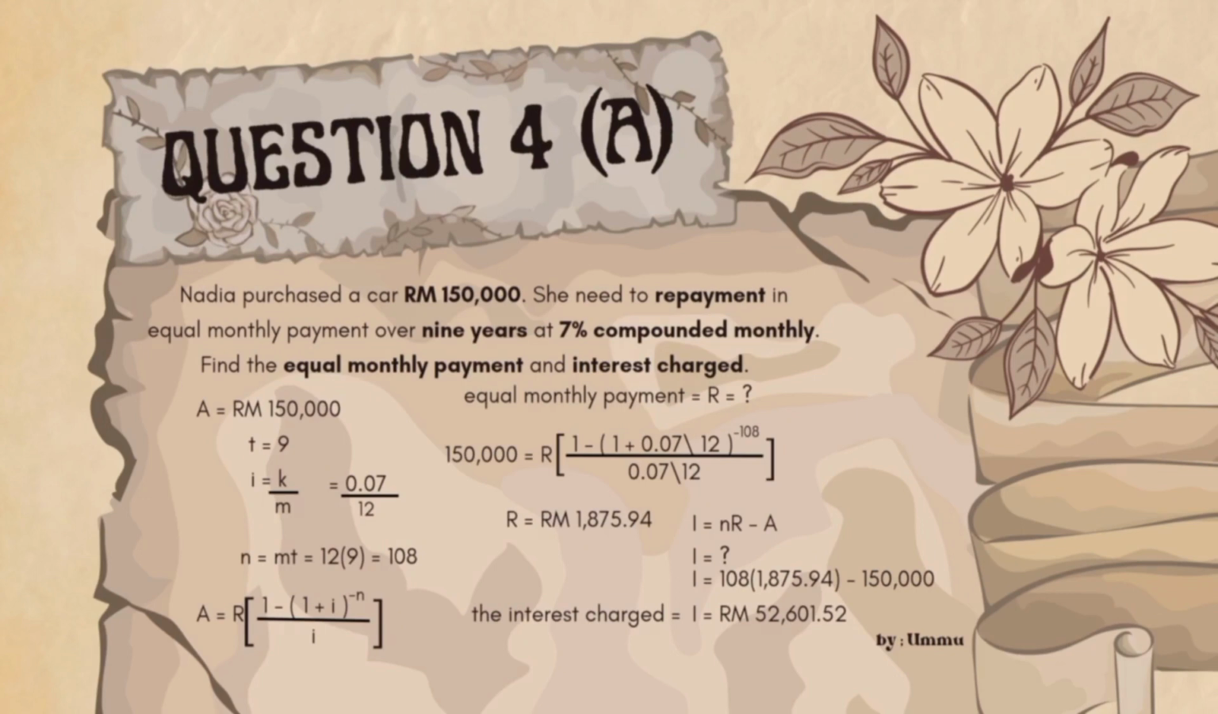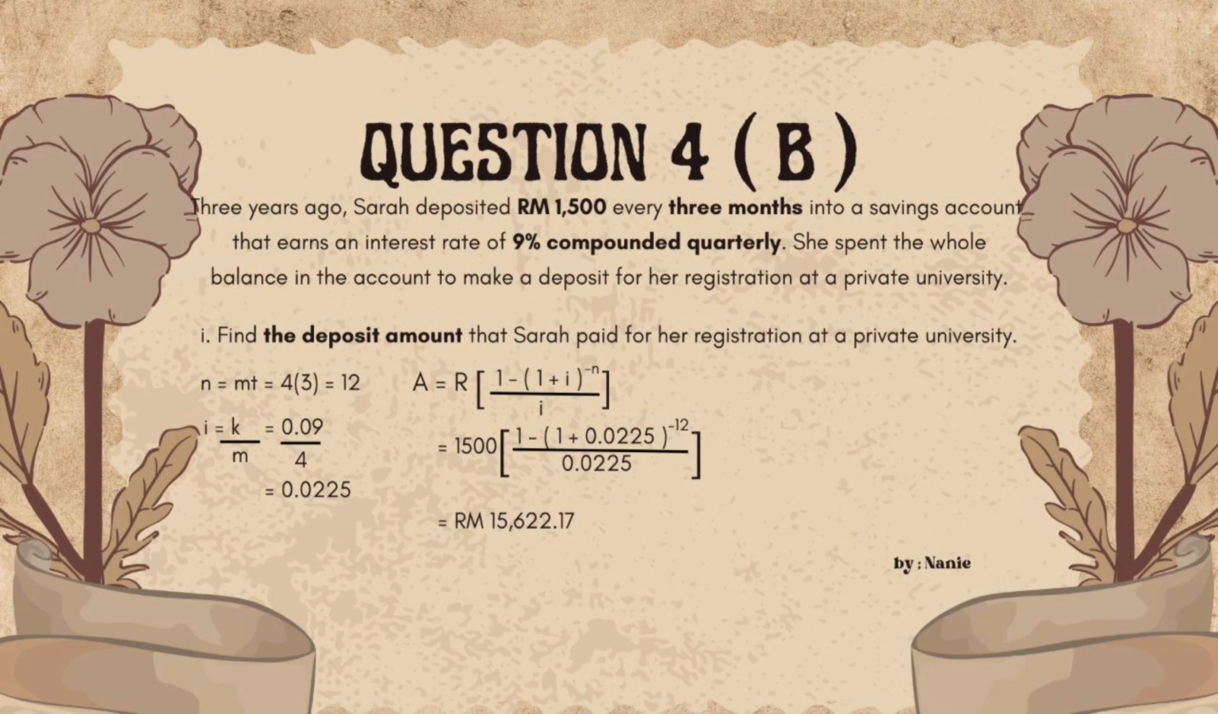So I equal 108 multiply 1,874.94 cents minus 150,000. Calculate all this using a calculator, so we will get the answer I equal RM52,601.52 cents. Question 4b. 3 years ago, Sarah deposited 1,500 every 3 months into a saving account that earns an